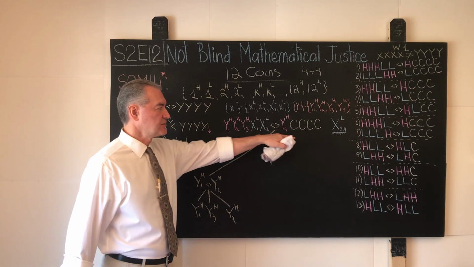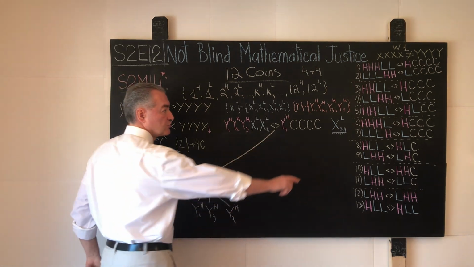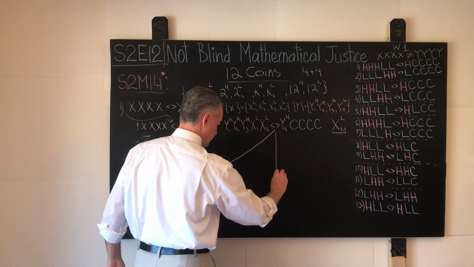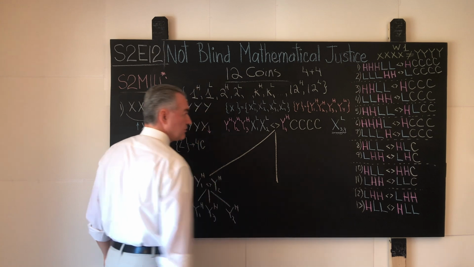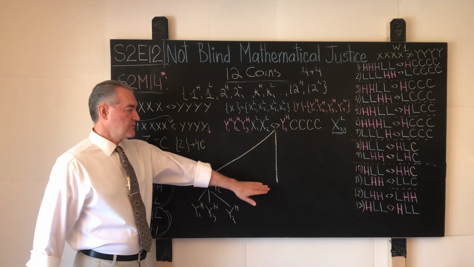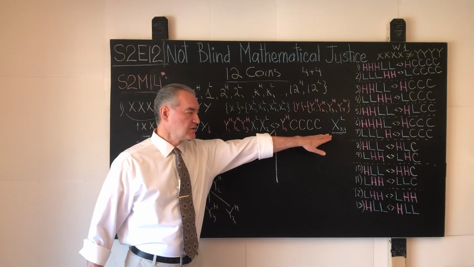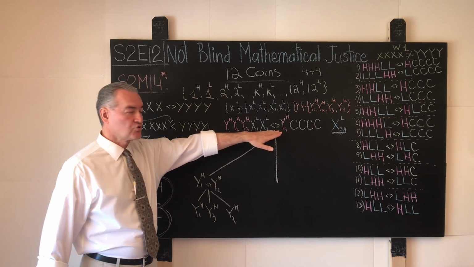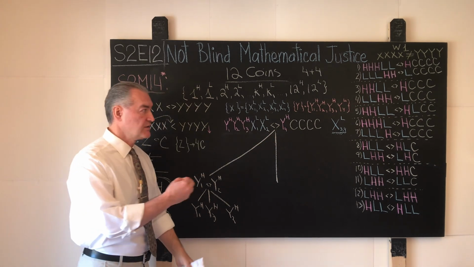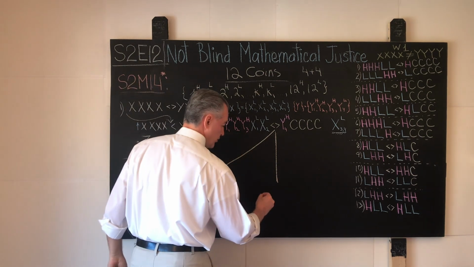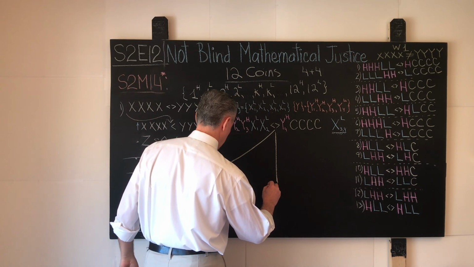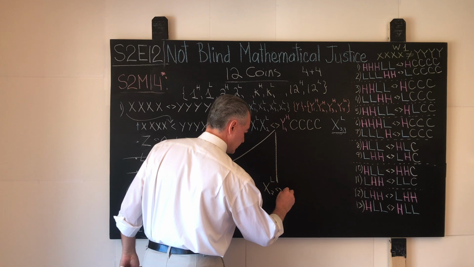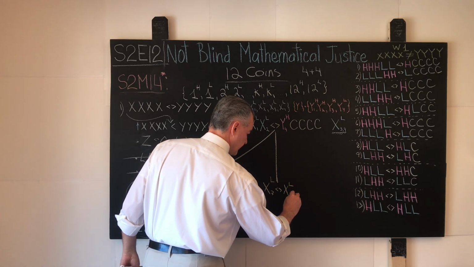Can the pans balance in this case? Yes, they can, because we have two light suspects on the table. And again, here we have, I'll write it like this, a couple of choices. We can, for example, weigh one light suspect again against one of the 10 control coins that we have, or we can weigh these coins against each other. I'll go for the latter case for symmetry. So here we weigh the coin X light 3 versus, let's say, X light 4.